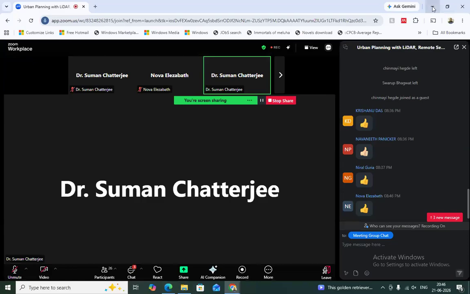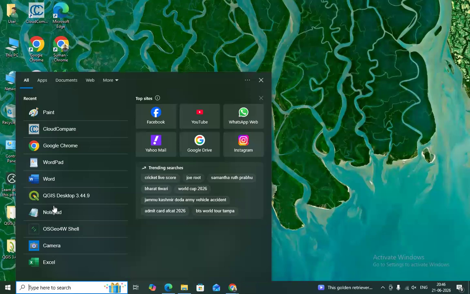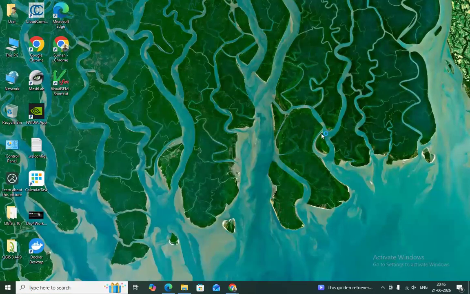And first you have to open QGIS. All of you, please open QGIS.